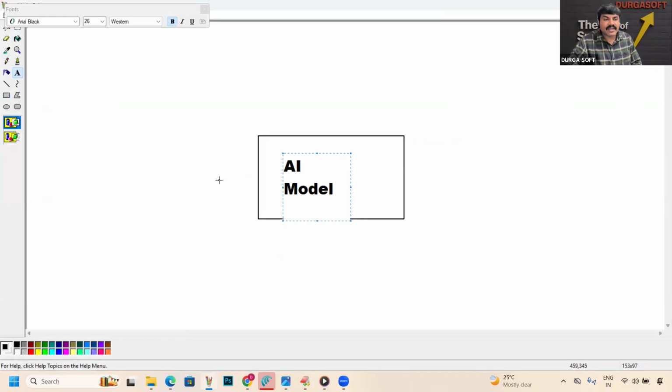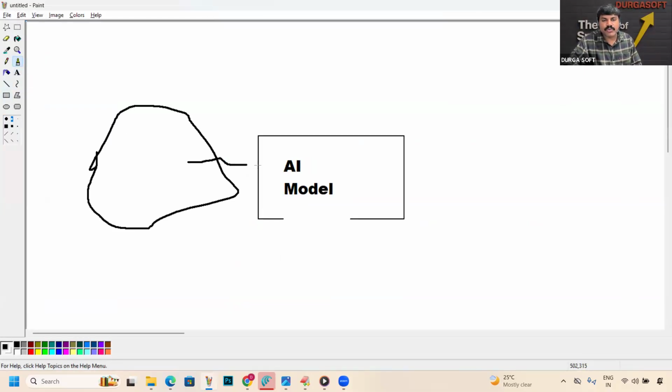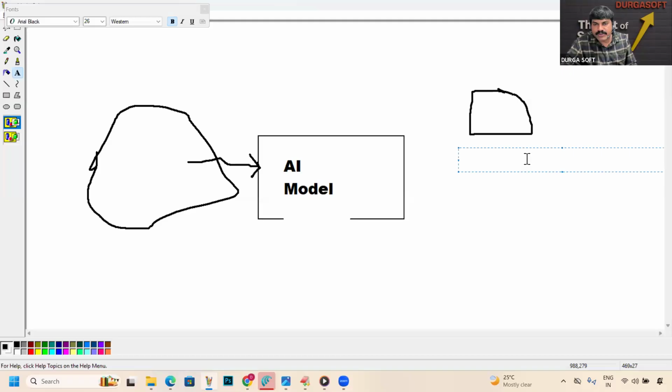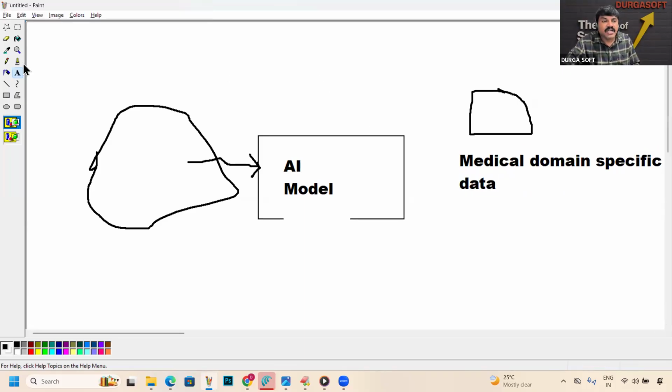It is already trained with a huge amount of data. Now, with my specific data, domain specific data, you can consider medical domain specific data, or legal domain specific data, I want to train this model again,